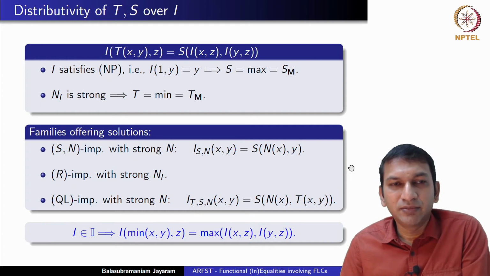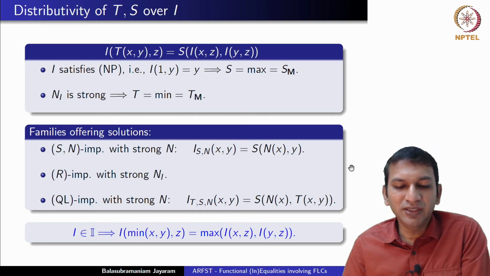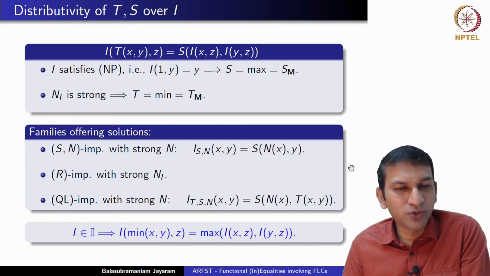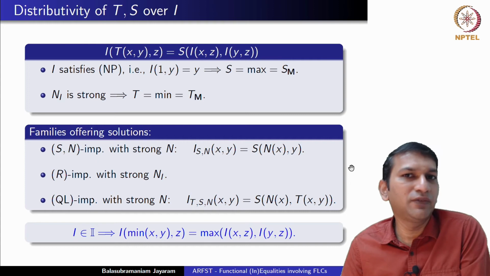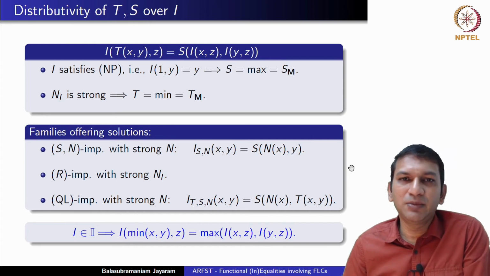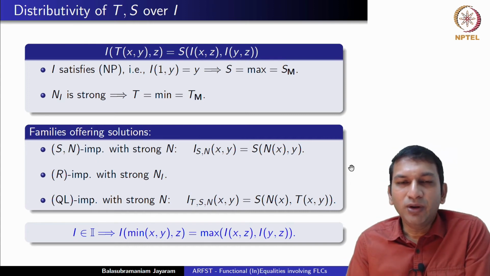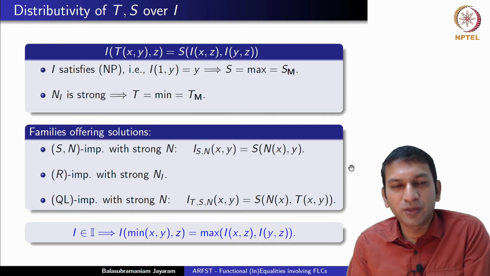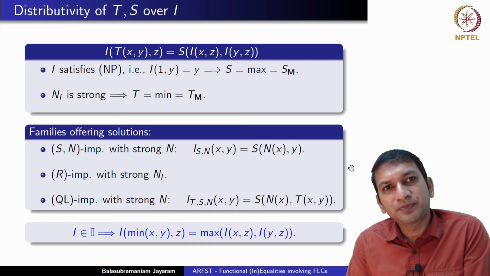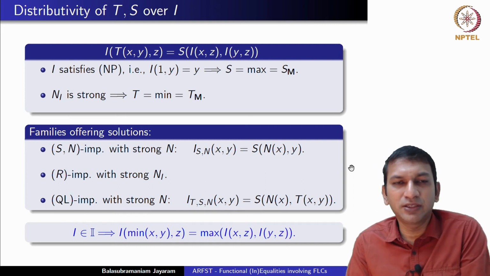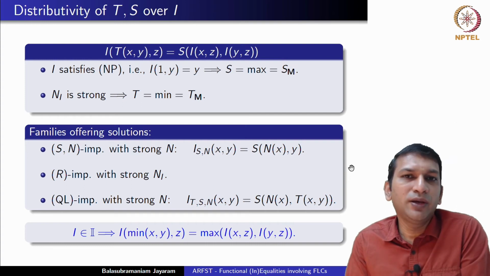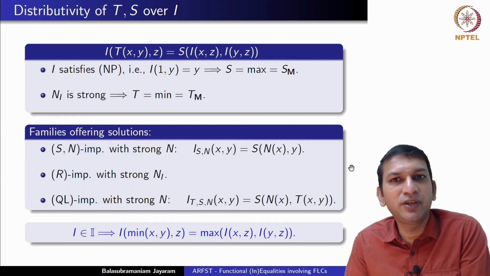This is nothing extraordinary. As was mentioned, it is decreasing in the first variable, so it just flips over there, and min and max are operations available on the lattice operations available on 0. So this can be easily proven. So now what it shows is, if you're looking at using the distributivity property, then perhaps you don't have to stick yourself only with operations coming from distributive lattices or R implication, but now you have a plethora of implications coming from different families